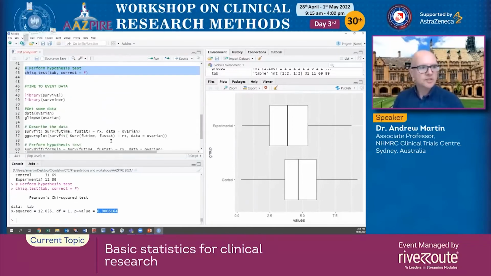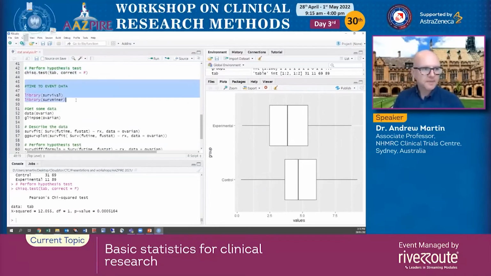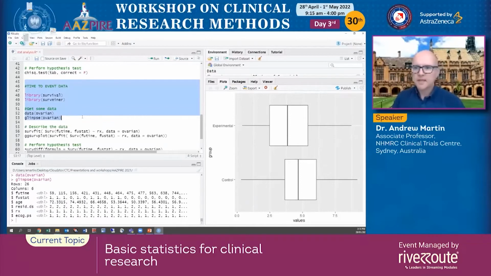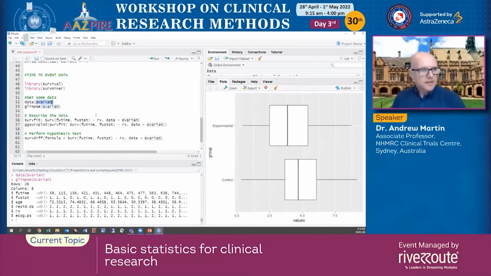Let's move on now to the time to event data. And this time I'm not making up the data because the R software and the package that I've loaded in previously actually has a little sample data set called ovarian, and that data set comprises data on, I think it's 26 individuals, 13 in a control arm, 13 in an experimental arm, and we've got